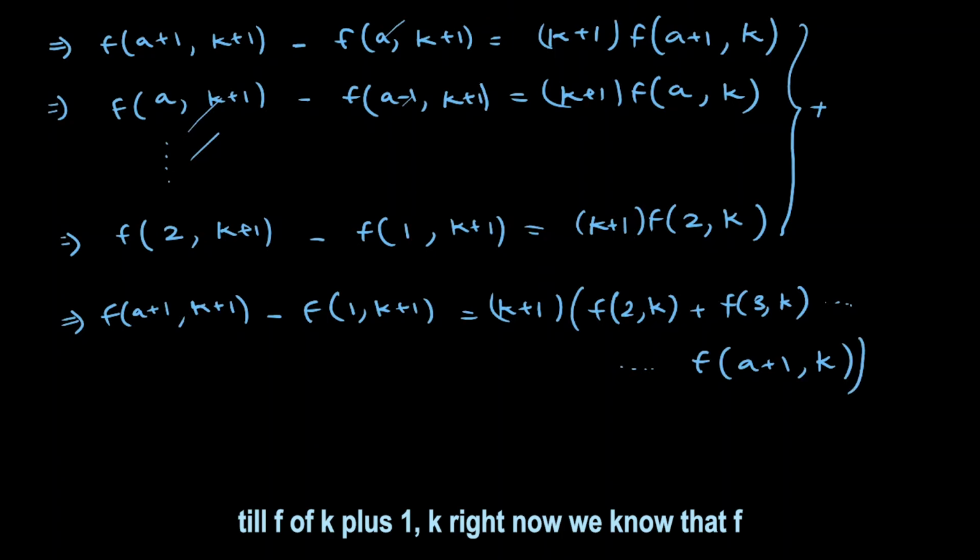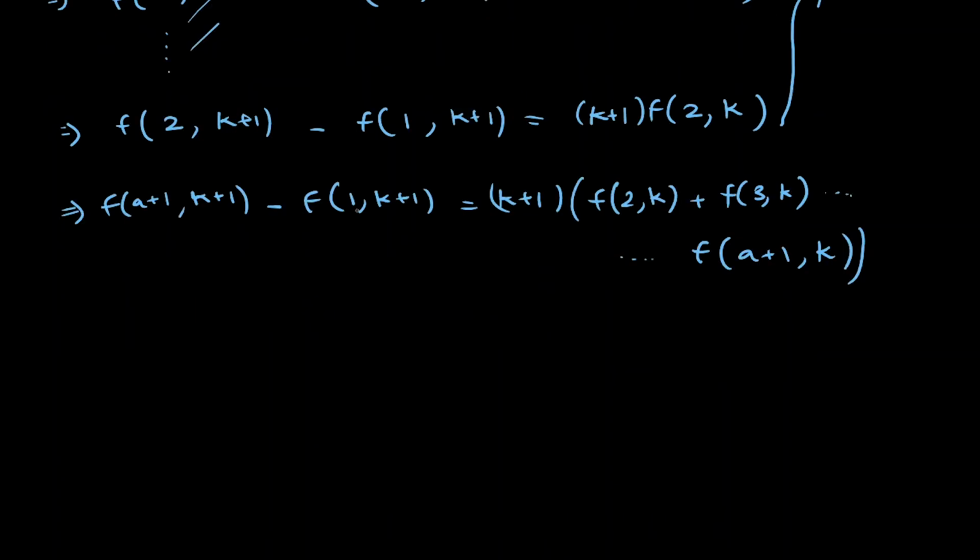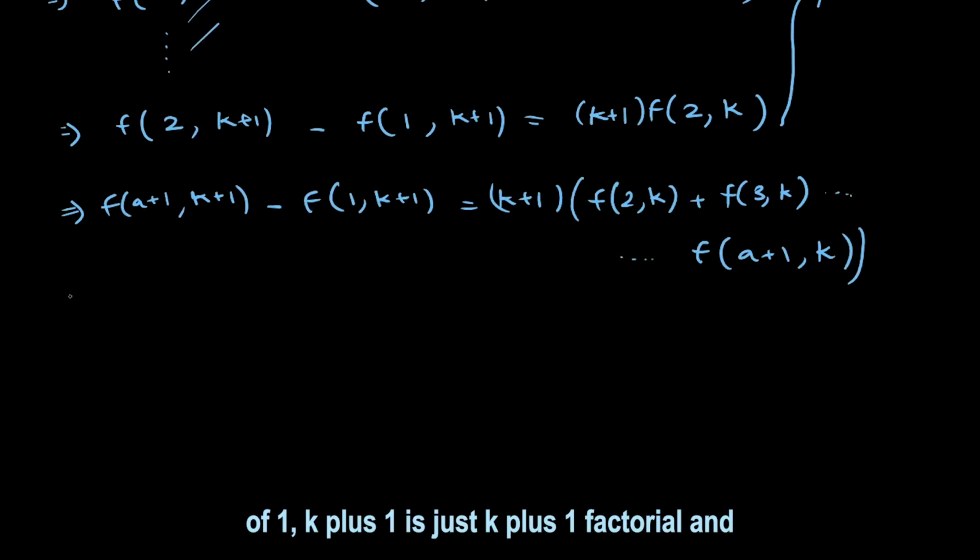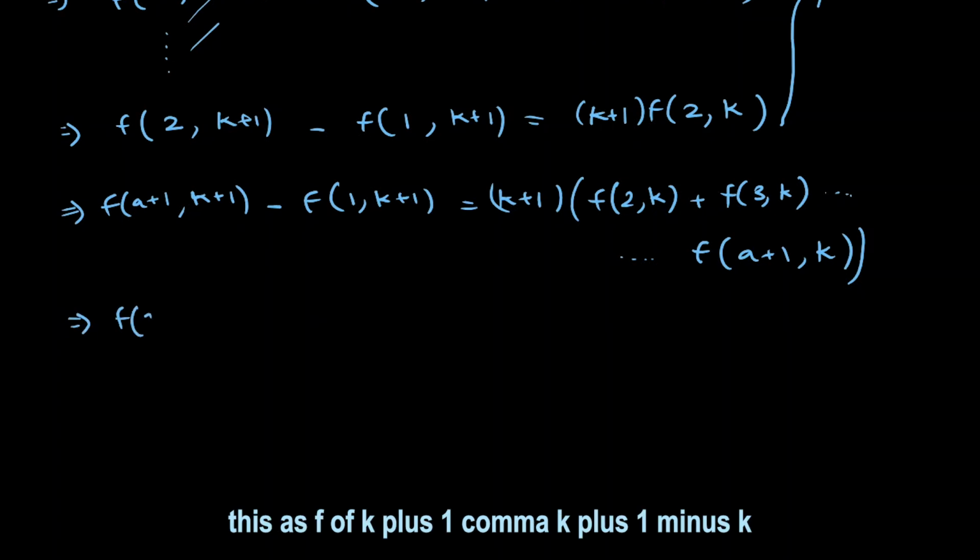Now we know that f of 1 comma k plus 1 is just k plus 1 factorial, and we also know that all of these terms, f of 2 comma k, f of 3 comma k, all of them are divisible by k factorial. So what we can do is we can write this as f of a plus 1 comma k plus 1